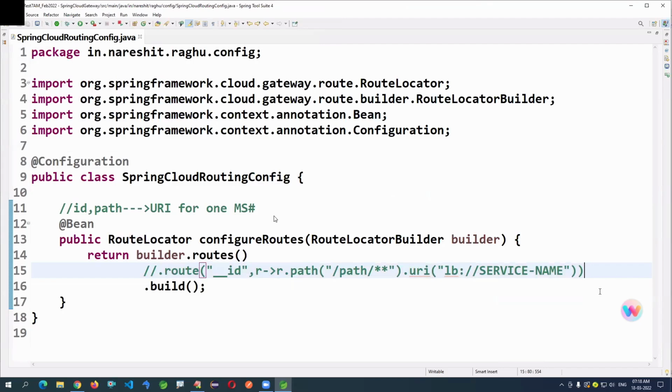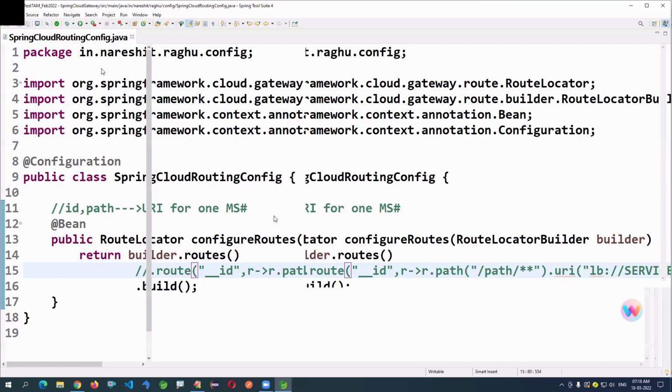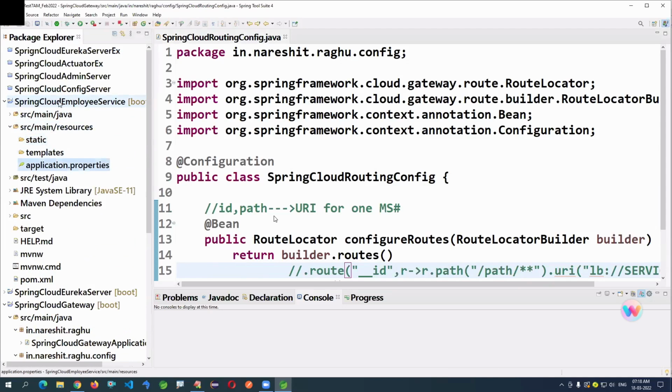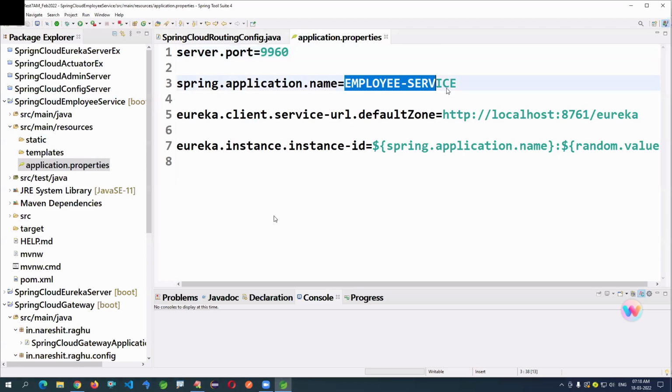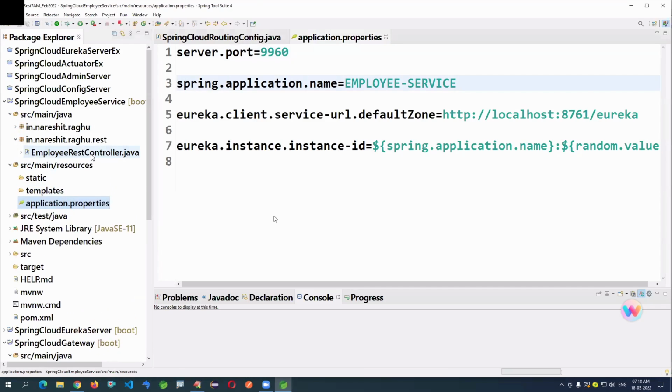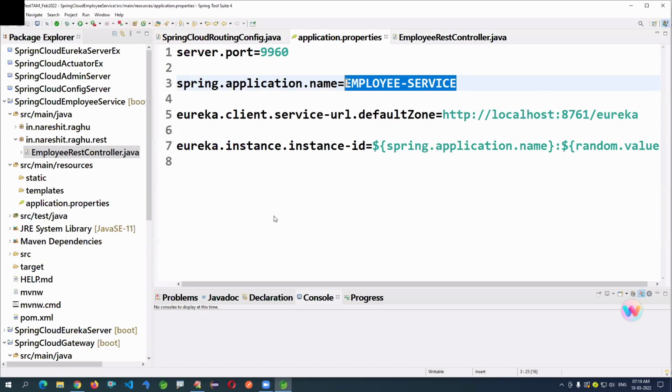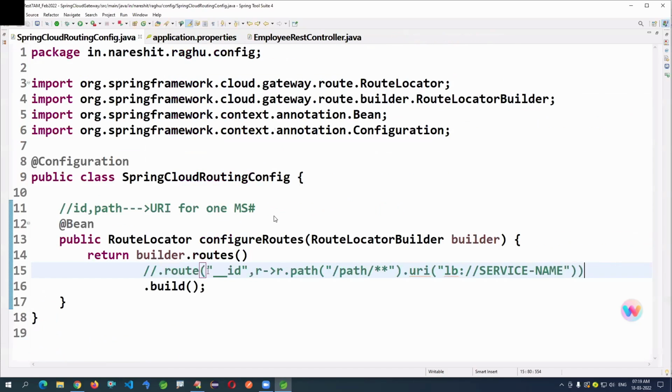Okay, so listen carefully. I have an employee service. This is the service name, employee service, and this is a REST controller with the path /employee. If someone makes a request to /employee, please come to the employee service, I have to say. Then observe,